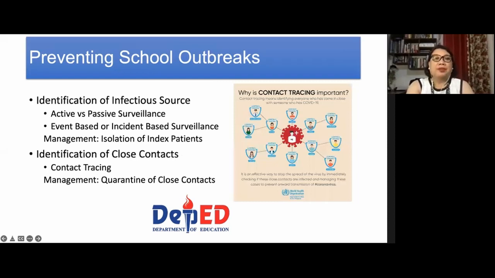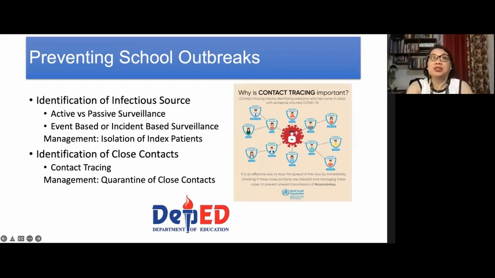So we go back and discuss each of these interventions, specifically focusing on the prevention of school outbreaks through the identification of the infectious source and the identification of close contacts. We need to understand that there has to be a student, a teaching staff, or a faculty member who would be bringing an infectious agent into the school. And more often than not, these infection sources are not even aware that they're already harboring the infectious agent. So when they start to manifest signs and symptoms, they will report to the school clinic,